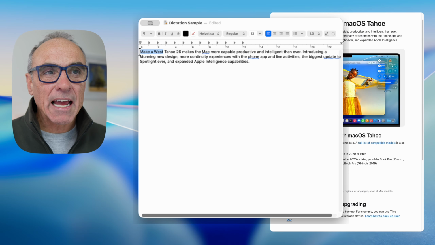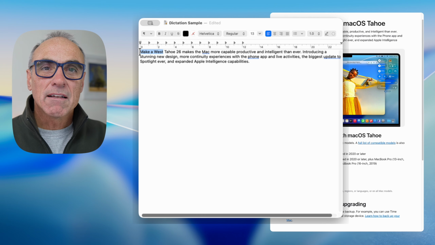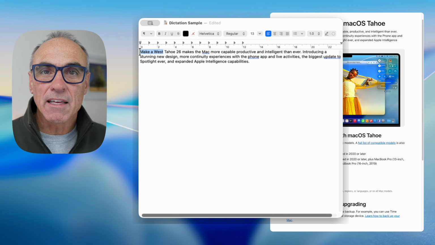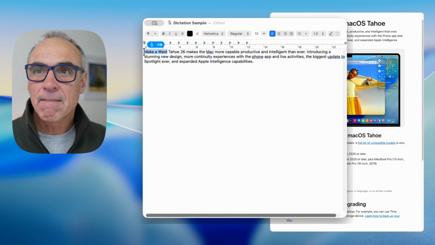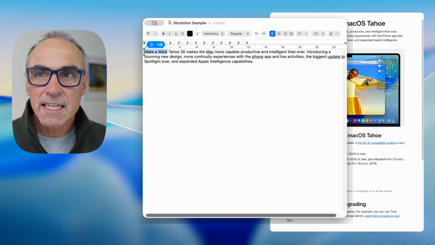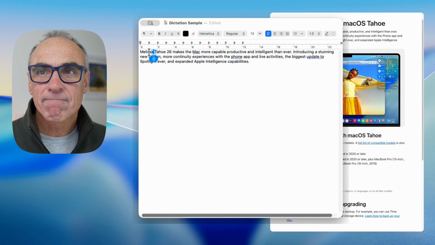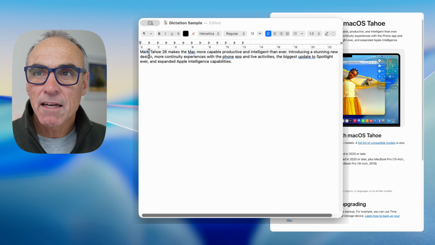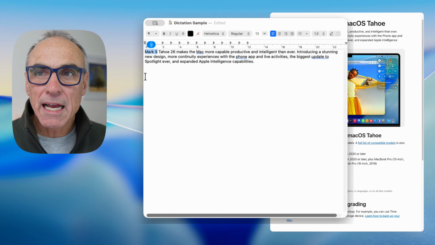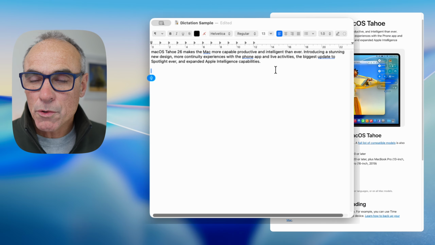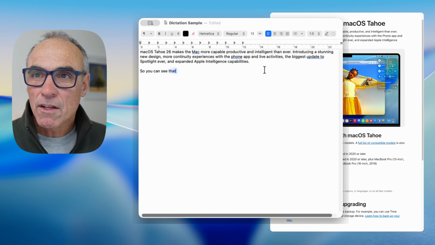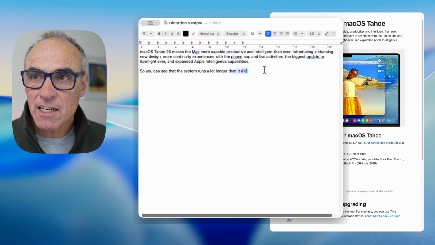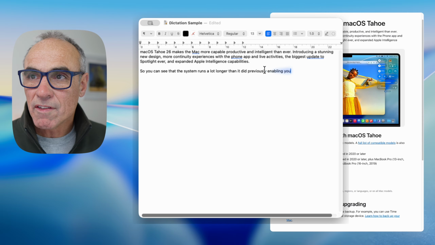Interestingly, if I had left the system running, so I'm going to just double click the FN button, macOS, macOS, new paragraph. So you can see that the system runs a lot longer than it did previously, enabling you to continue with your dictation